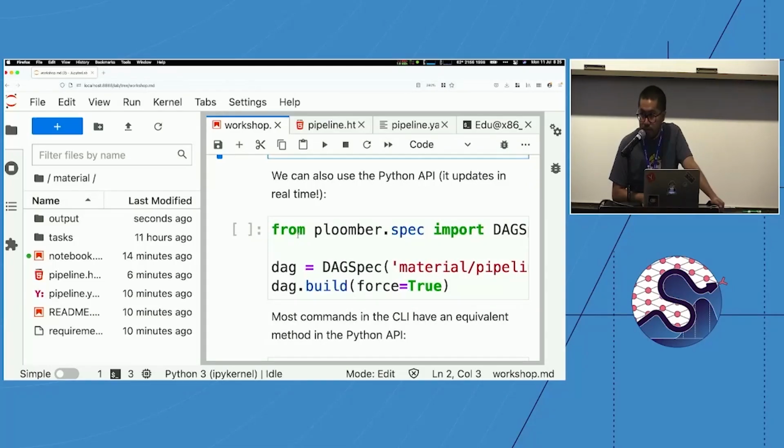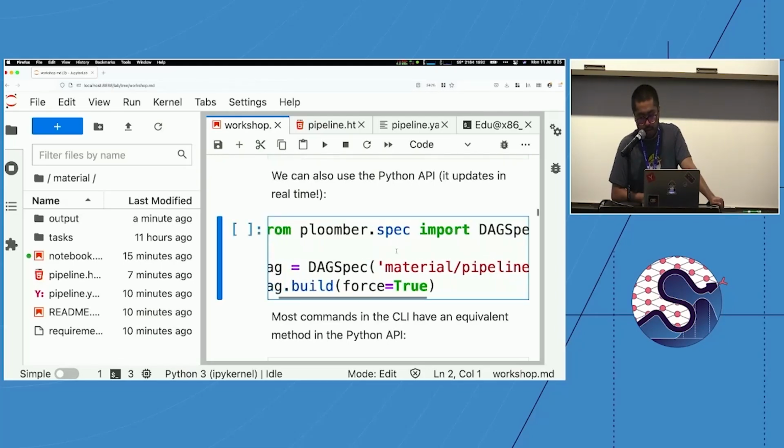Now you can also use Python to execute the pipeline, and that's useful if you have extra logic. Maybe you want to check a server, or you want to do a few things before you execute your pipeline. So everything that I'm running on the terminal, you can also run from Python in case you need to add any extra logic. And that's what I'm going to do now. You can